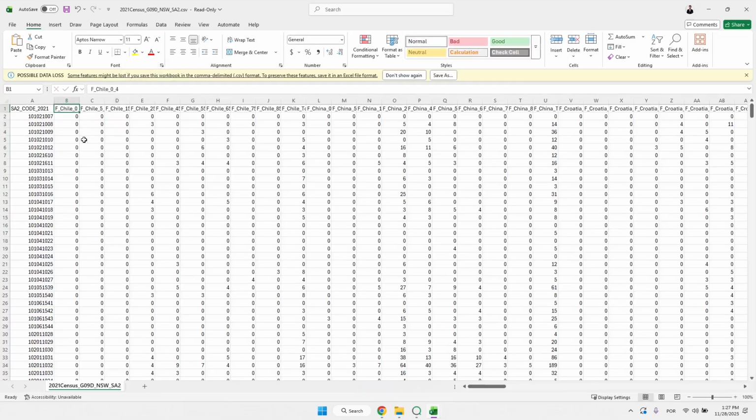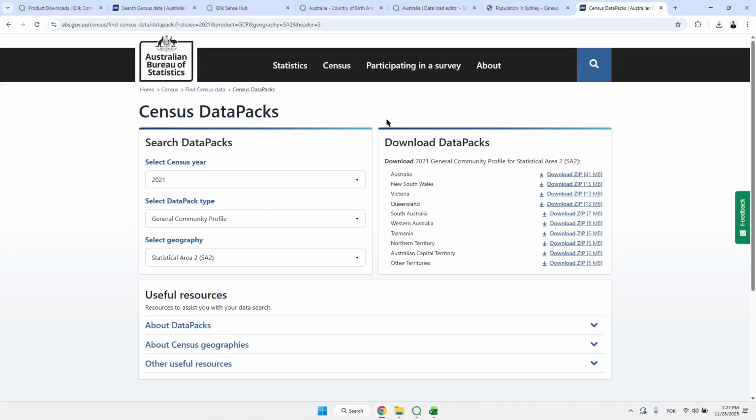So the first one here in this file, G9D, is female Chile from 0 to 4 years. Then the next column is from 5 to 14 years. Then from 15 to 24, and so on. Then we change country and go to China, 0 to 4. So we had to treat this data in a way that we would combine all of that and make it like a proper database so we can visualize the data. To do that, let me show you how we created this part here in the script.